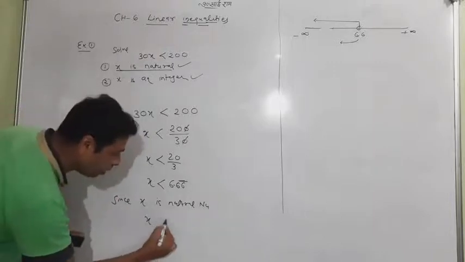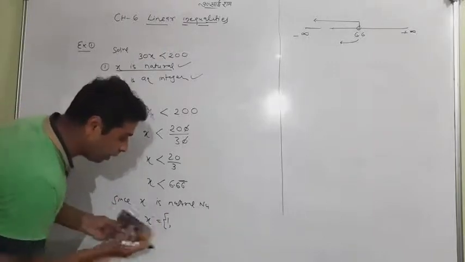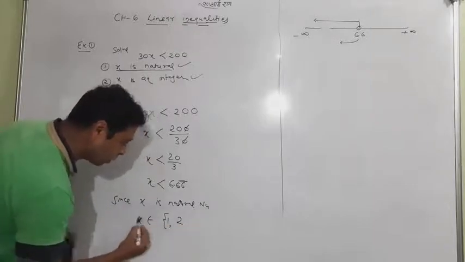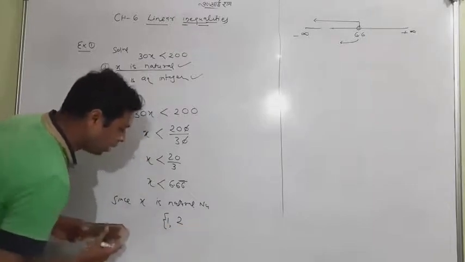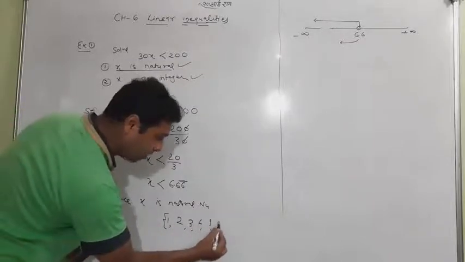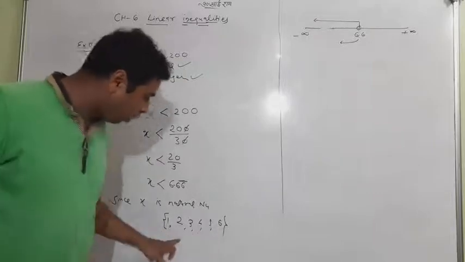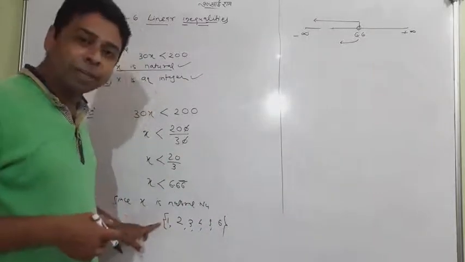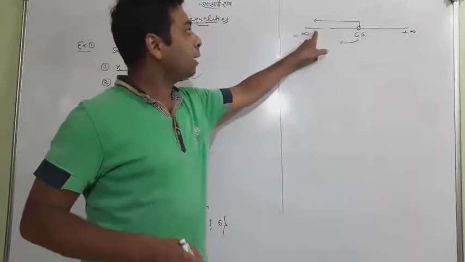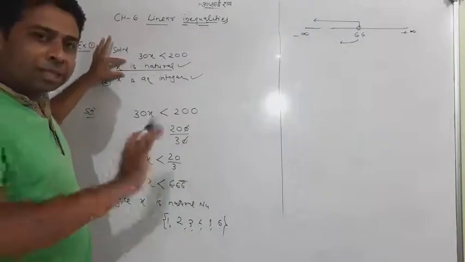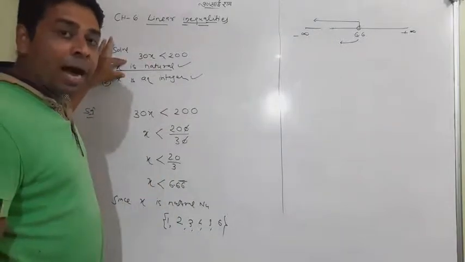So x may be 1. You just want to give the set 1, 2, then x belongs to something like that. Okay. Then what is the answer set? 1, 2, 3, 4, 5 and 6. These all numbers are less than 6.6. 0 cannot be written. -1, -2, -3 are all x, but in the case of natural numbers, these are not a part of the answer.